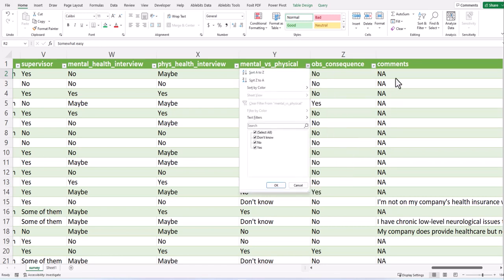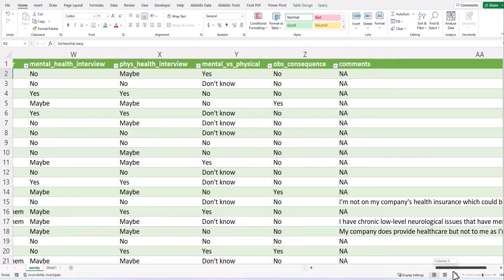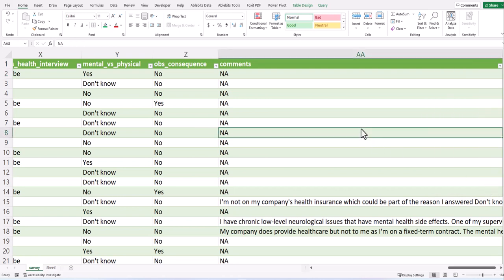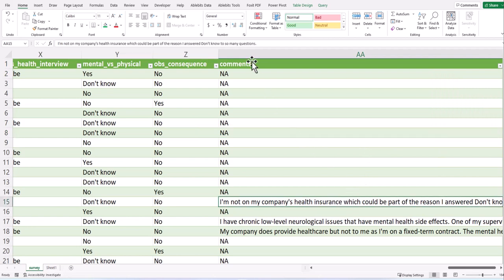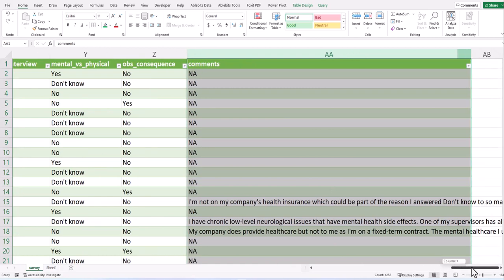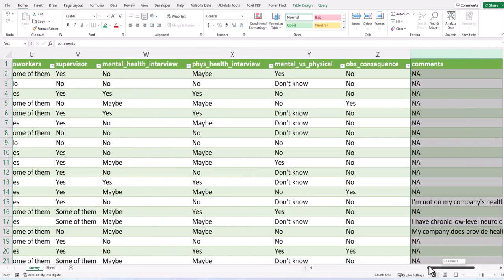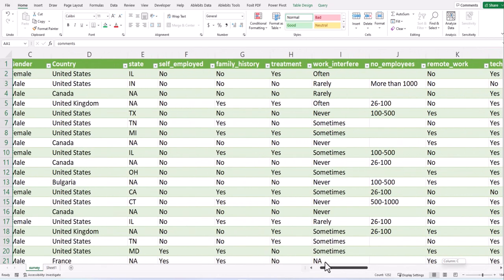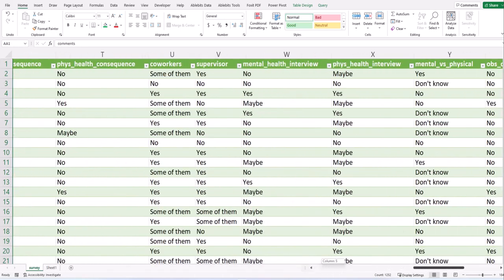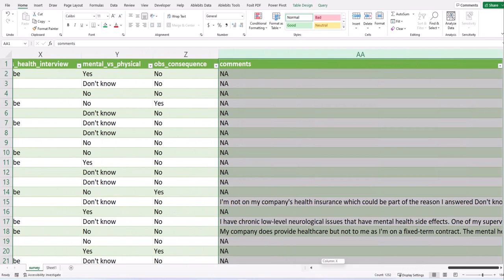Mental versus physical. Then the comments. Let's see those who gave comments. I think you have a lot of comments in there, which is quite right. By the comments, we can't deal with them. You can't use numbers to replace them. You can just maintain it like that, or maybe do a different form of analysis for just the comments, like coding them again into categories. You can recode them into categories, or you can even use